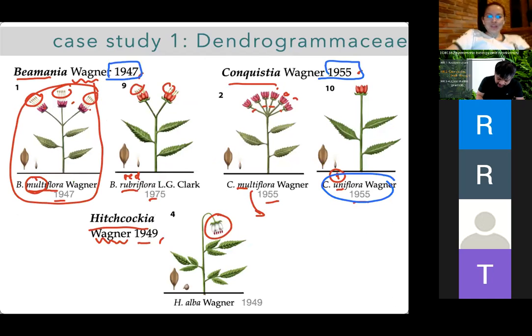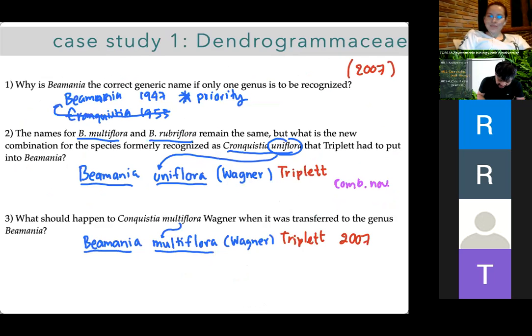So now if you're going to transfer this to Bimania multiflora, you have the same name describing two different species. This is echidna all over again. Like multiflora, I have a name, that pink flower with a long stamen. You can't have the same name. So this name is not valid because it's a homonym